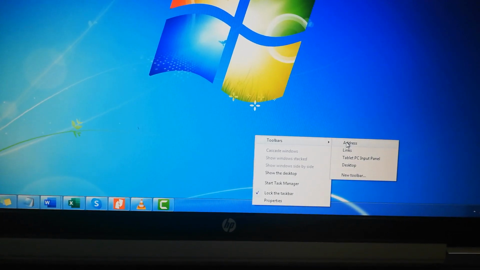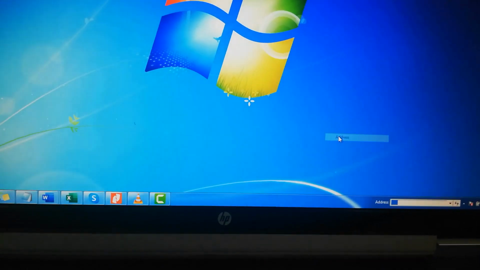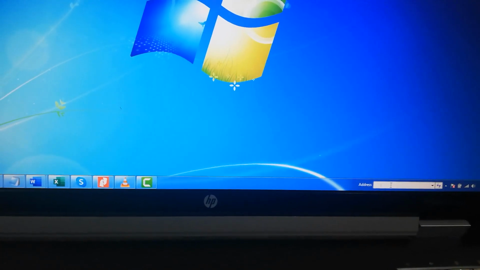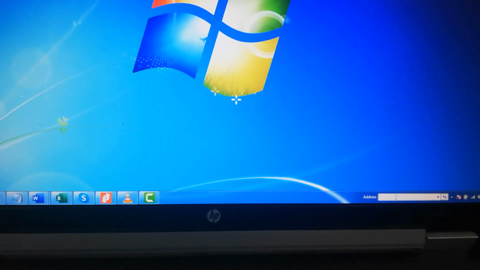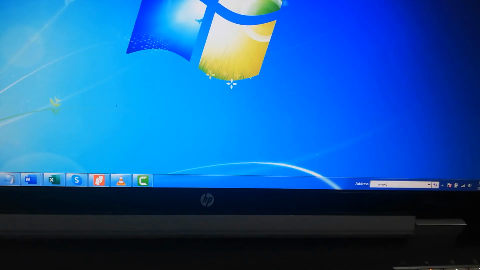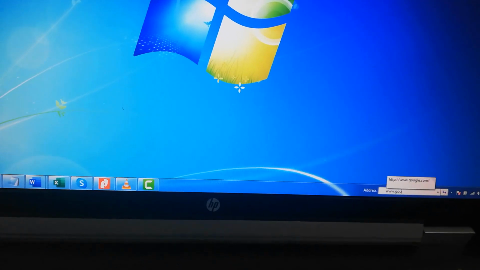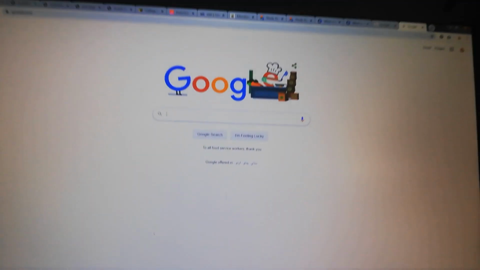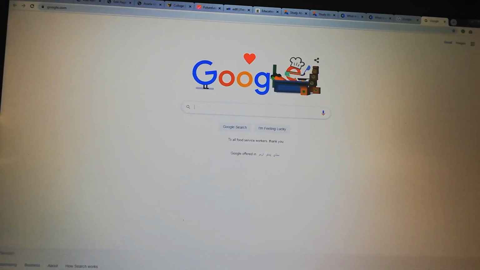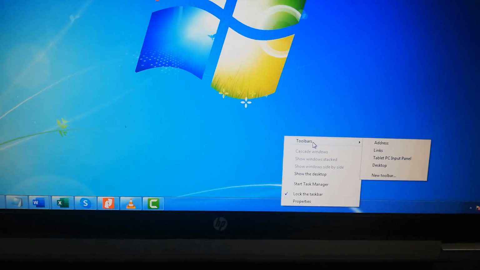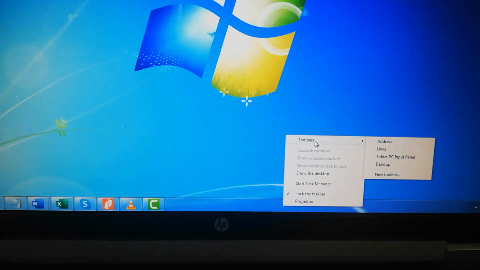I am selecting the address. As you can see, here you can type any website address, like I am going to write www.google.com and press enter. The window will open. So you can click any item in the list to add or remove it.